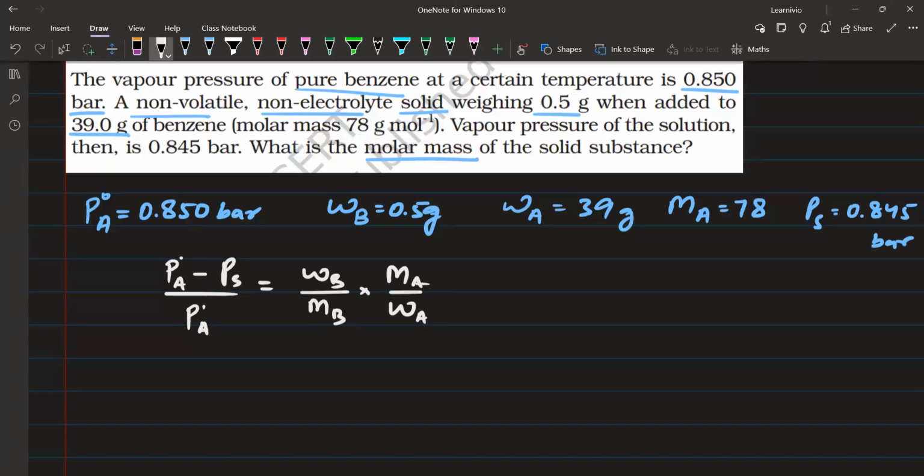So what is P naught A? P naught A is 0.850 minus PS is 0.845 divided by 0.850 is equal to mass of the solute 0.5 multiplied by the molar mass of solvent, that is 78, divided by molar mass of solute that we